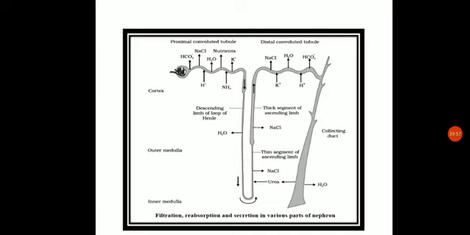So this thin segment, the descending limb of the loop of Henle, is called the concentrating agent. While in the case of the ascending limb, it is totally impermeable to water. So what will happen? This thin segment will be releasing out the NaCl from high concentration to low concentration by simple diffusion. So it will release out the NaCl, while the thick segment will be releasing out the NaCl by